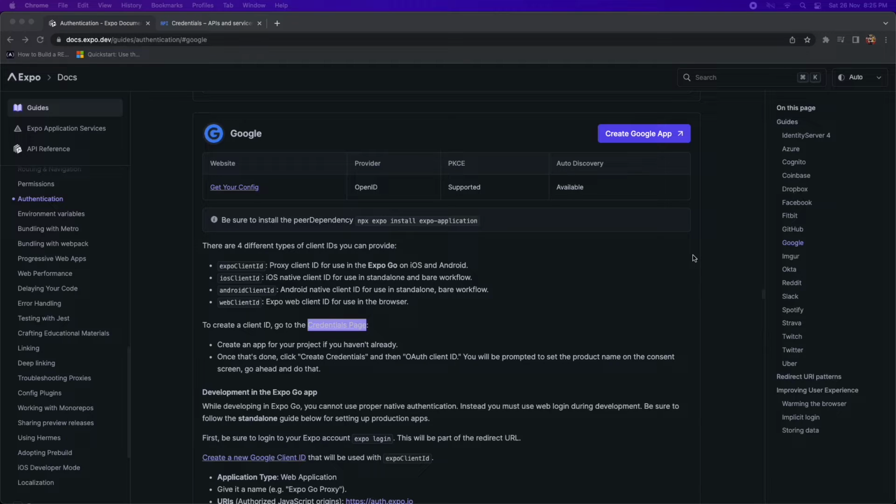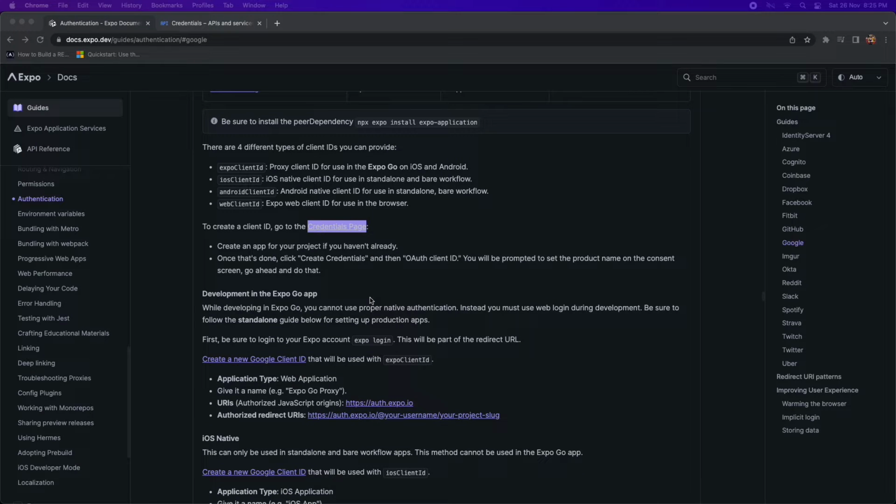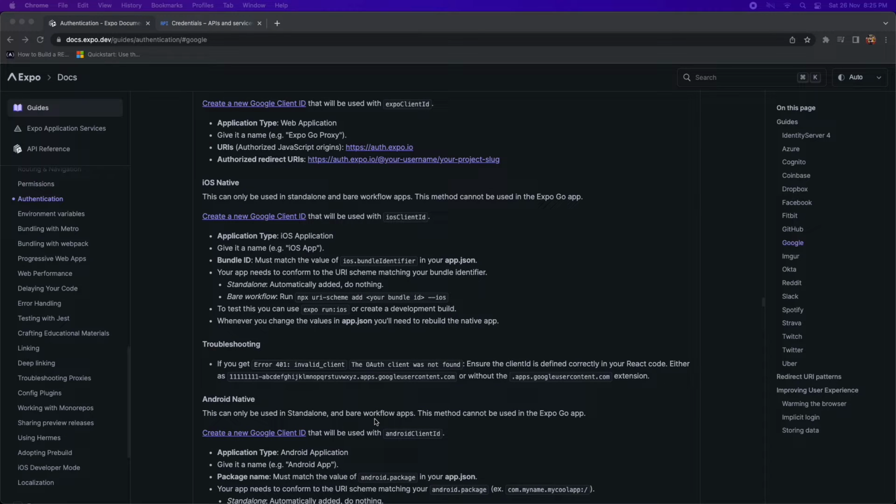Hi everyone, today I'm going to bring you an update on using the Expo-auth-session package to authenticate with Google. What you're going to need to do is provide different client IDs: Expo client ID, iOS client ID, and Android client ID. You can do that via the Google website, and I'm going to show you how to do that for both